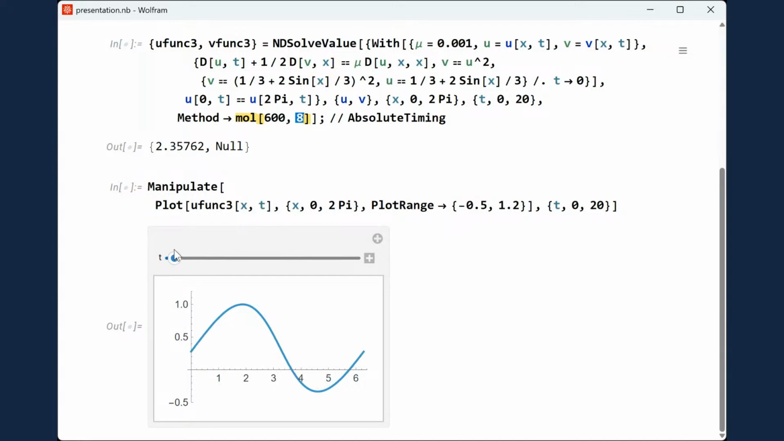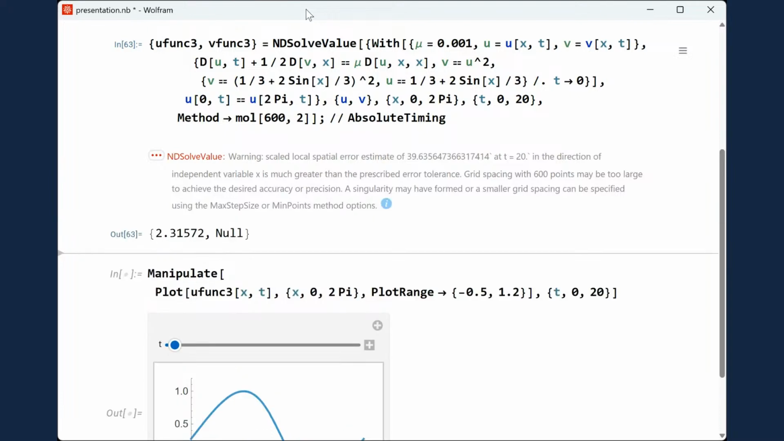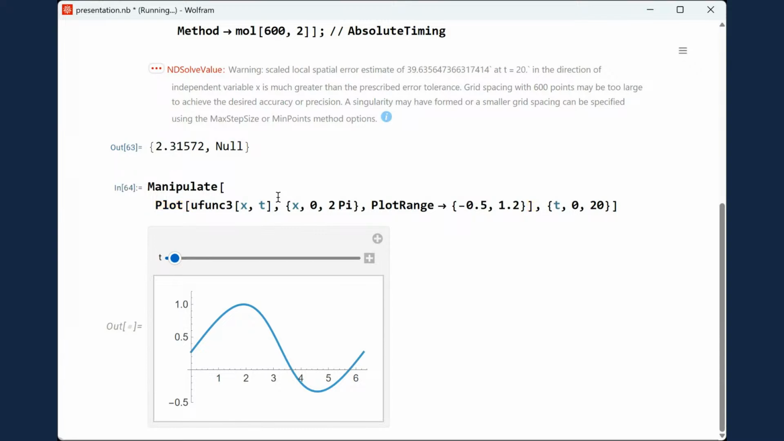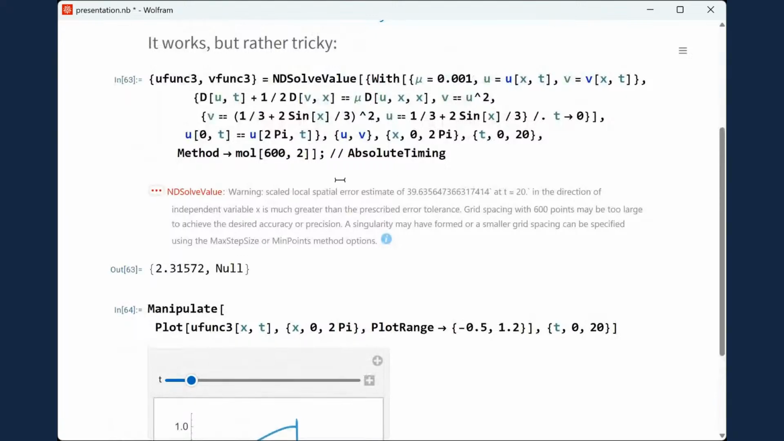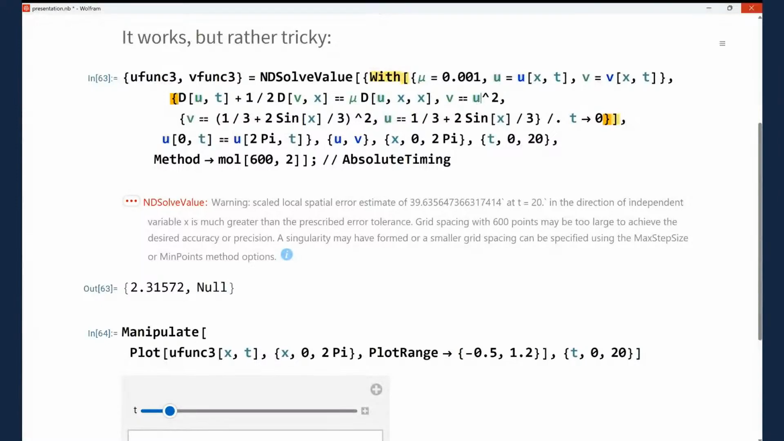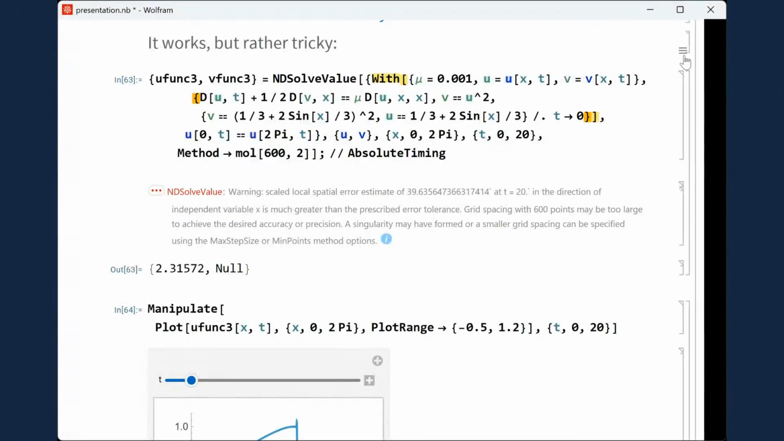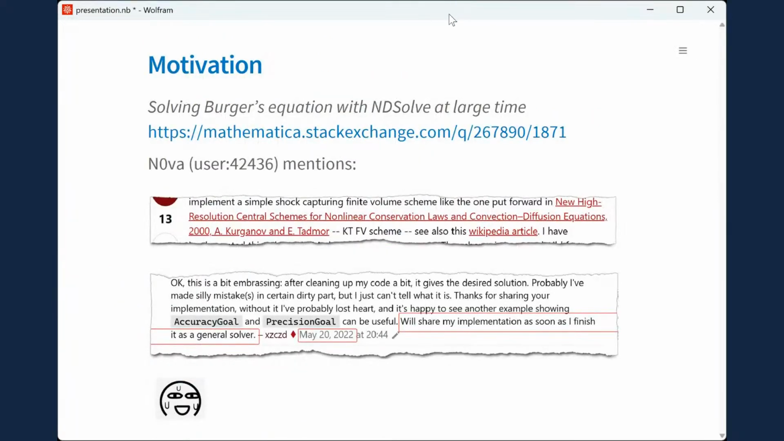But this solution is very unstable because, let's say, for example, we tend to second order difference grid. And you see, a warning shows up, and now it's fine, but it's no longer a precise solution. So back to